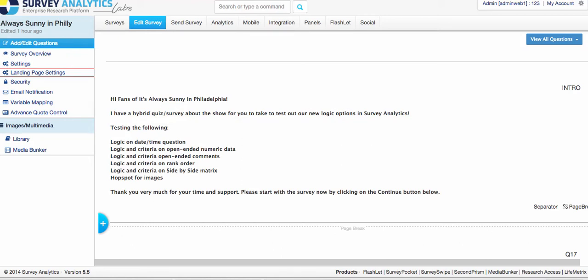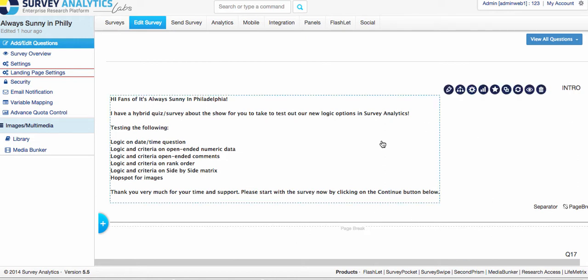In Survey Analytics version 5.5, we have enhanced the data segmentation and filtering tool to include some new question types that you can now use for data segmentation. And those are the same as what you can now do in the survey creation side. And that would include date and time question type, open-ended numeric data or values, open-ended comments, rank order, as well as side-by-side matrix. So let's go ahead and jump into the analytics